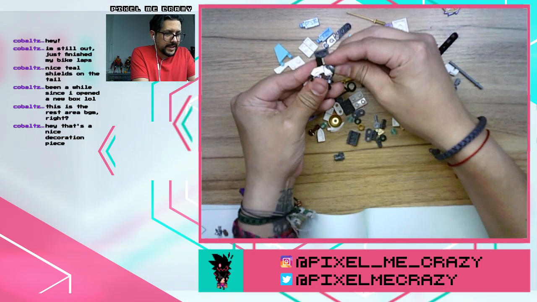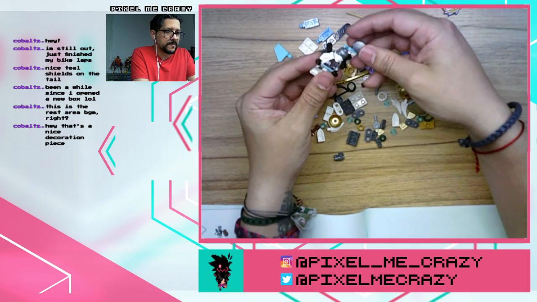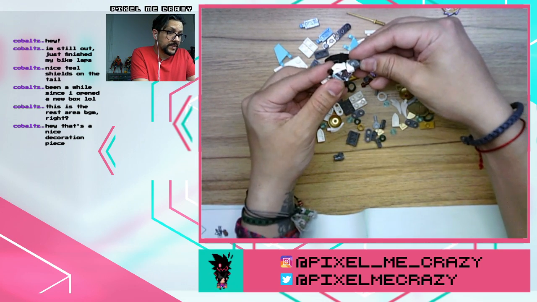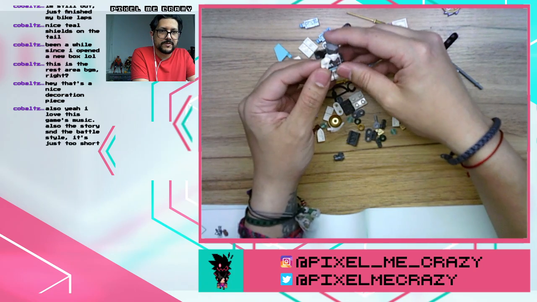I quite like Zane usually as a minifigure because it's a minifigure without the normal skin color. It's usually metallic. So if you want robot faces for minifigures,